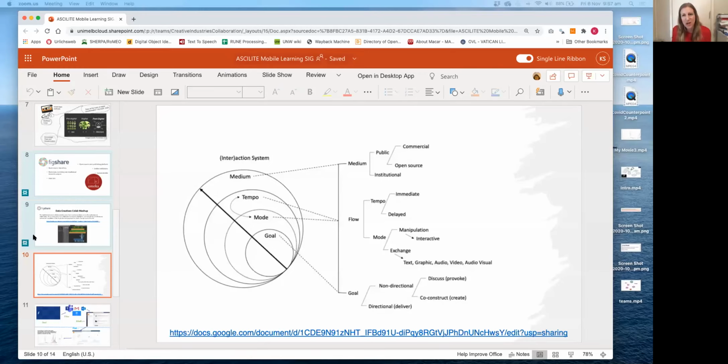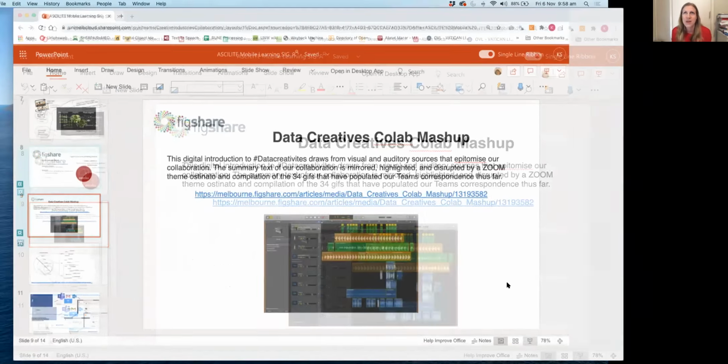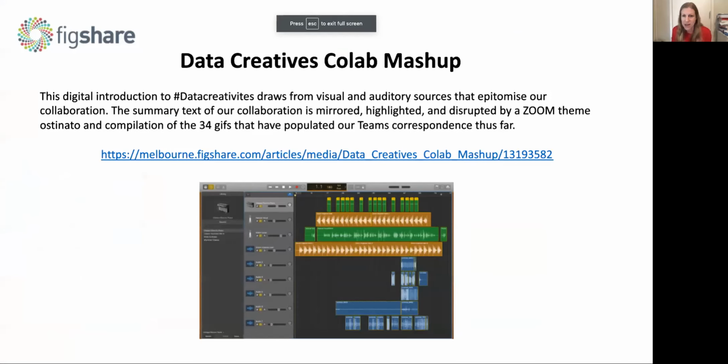And what was really quite interesting is that I see those GIFs as being examples of our mood and our changing, shifting mood across these last few months. Sometimes they're excited, sometimes they're full of angst, but they've obviously underscored and highlighted our sentiment throughout this collaboration. And I found that they seem to work pretty well in being able to visually highlight our introduction to our